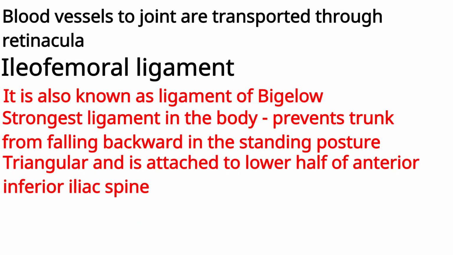And out of these two fibers, that is our outer longitudinal and inner circular, the longitudinal fibers are reflected a little bit back to the neck of the femur, and they form a structure known as retinacula, which allow the passage of different blood vessels, and these blood vessels supply the hip joint.